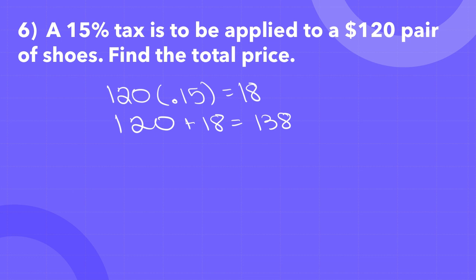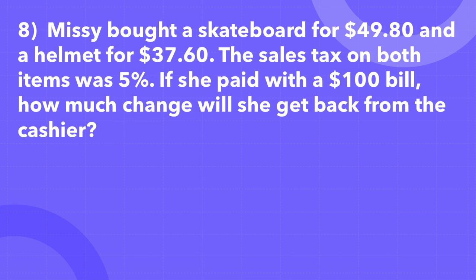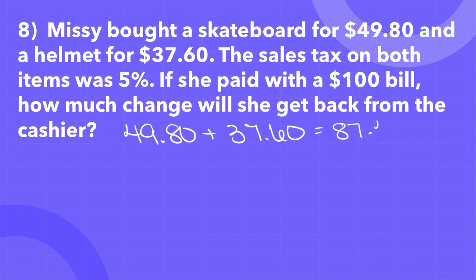How about number 8? So first step, we're going to jump around on this one. Chase, give me the first step on this. I added the 49.80 plus 37.60. Okay, so you added the price of the skateboard to the price of the helmet, and what amount did that give you, Chase? 87.4. 87.40. All right,